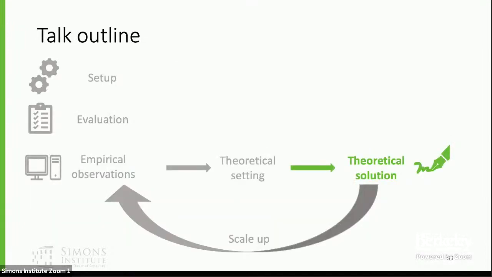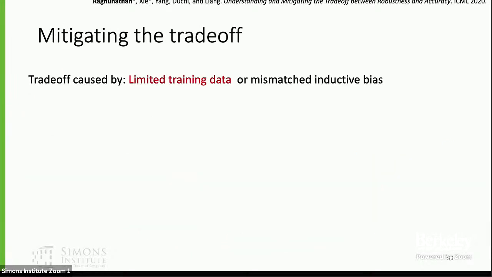With that intuition, we wanted to see: is there a solution that enables us to use this intuition to solve things in practice? If we recall the conditions from the previous slide, we had either limited training data as an issue or this mismatched inductive bias. We don't have a good sense of what the inductive bias of models is in practice, so it's hard to control that. But the training data is easier to fix. So what it says is that if you had more training data, there won't be a trade-off when you try to be robust. If you try to use this idea, that means you should just collect more data,